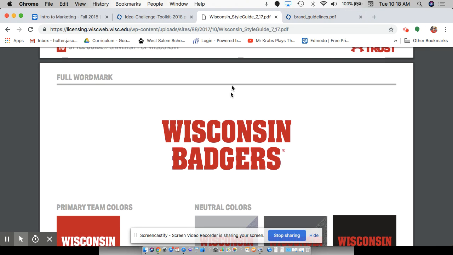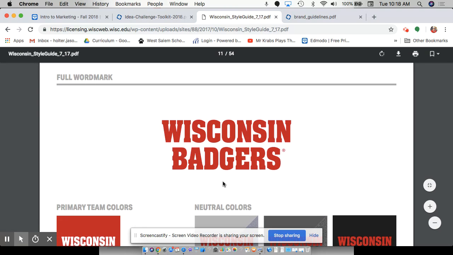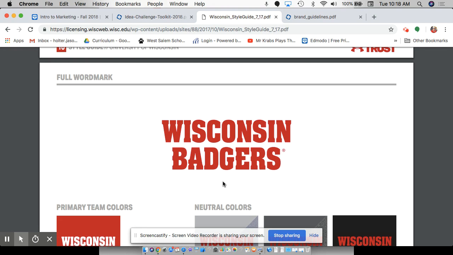Same thing with the Badgers. If I took this font, the Badgers could say that's our official font, and I made West Salem Decca out of that. Are the Badgers going to do anything about it? No. Because, again, hiring a lawyer at $250 an hour to even write up a letter to say stop doing that is probably not worth it to them. So, yeah, on a small scale, I can get away with this.